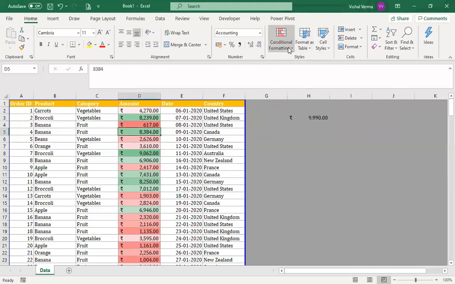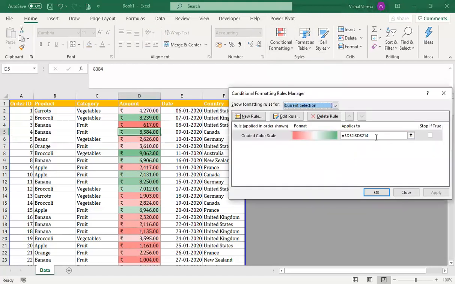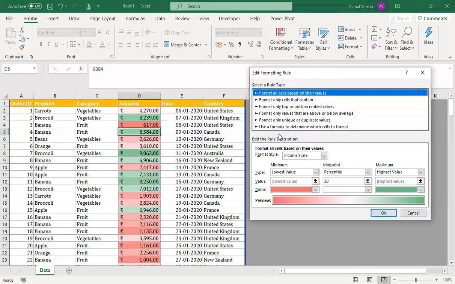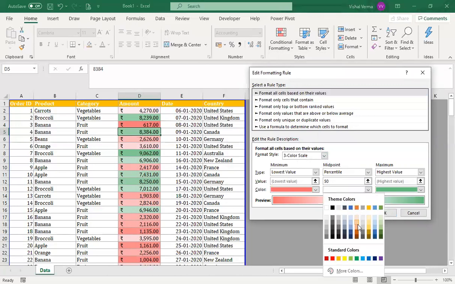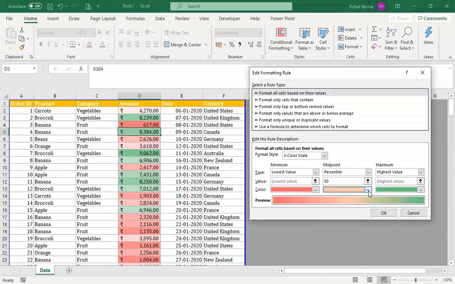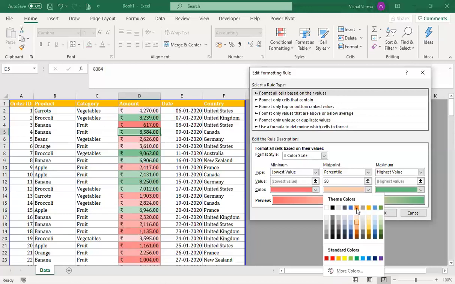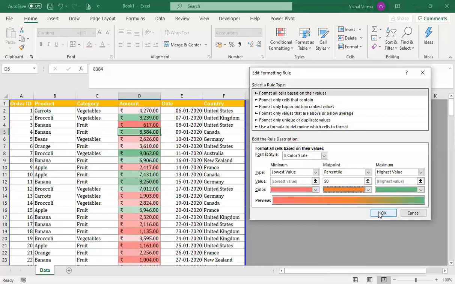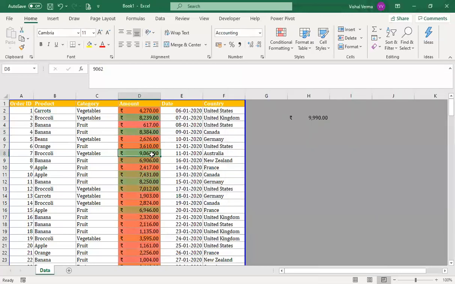You can edit that color through manage rule. It is applicable to everything. Then if you double click, it is asking for three colors, and then I diverge and make a color of orange in between. Let me make it a little darker and click OK. So we have got orange in the middle part, red on the left hand side for lower, less cells, and green is happier. So it will start moving from red to orange and then finally to green.